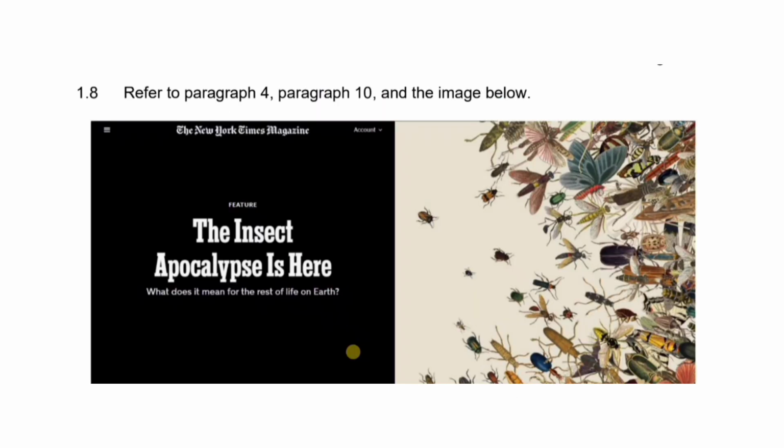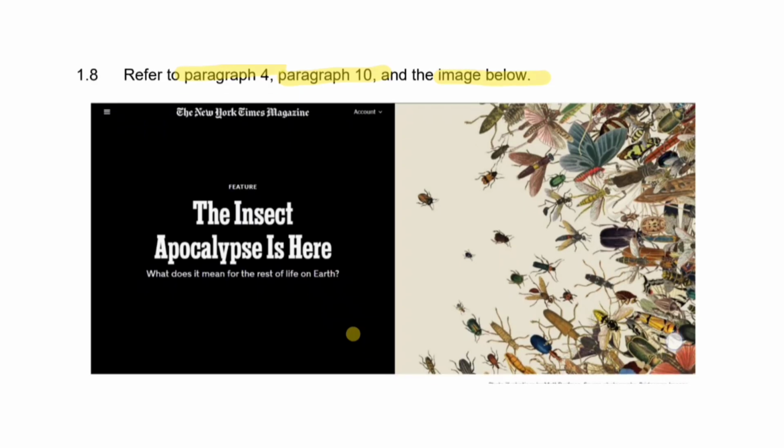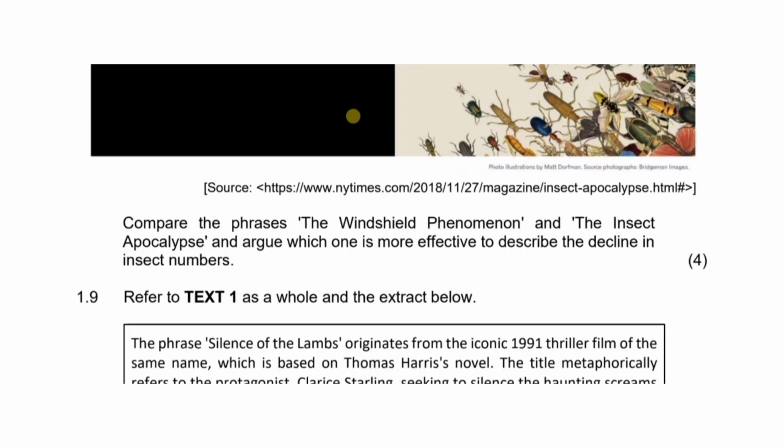Question 1.8 we have, refer to paragraph 4, paragraph 10, and the image below. And then we have the image here. Compare the phrases the windshield phenomenon and the insect apocalypse and argue which one is more effective to describe the decline in insect numbers. This is a 4-mark question. The text is our point of reference. So we need to go to paragraph 4 and see what is in paragraph 4 and paragraph 10 relating to